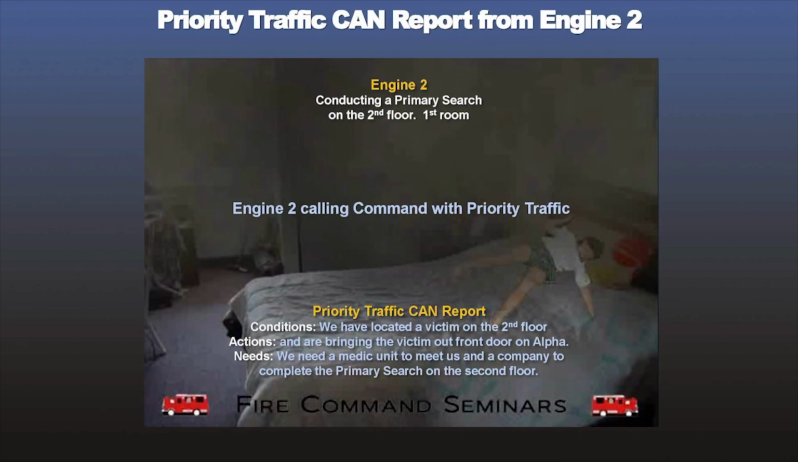In this slide, Engine 2 is providing priority radio traffic back to command because they've located a victim on the